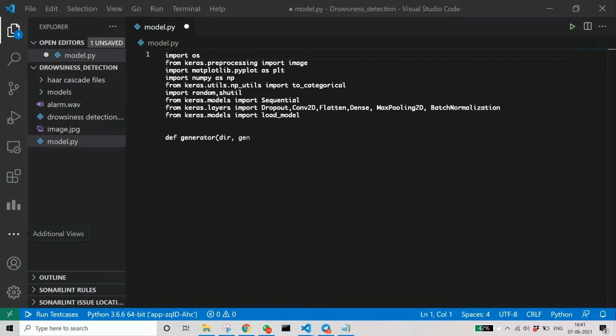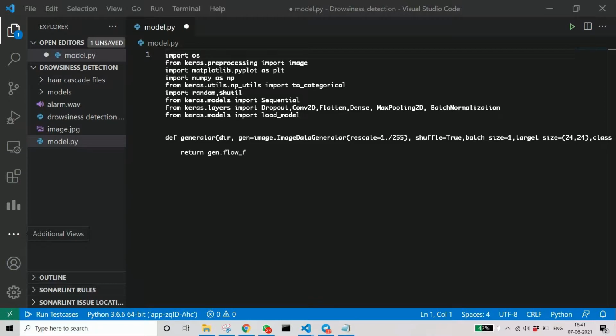First we are writing this important function definition, the generator. What it does is open your camera and start capturing images for training. You can see here the image data generator. We are rescaling so that every image captured gets to the same size. Let's see what the function is doing.